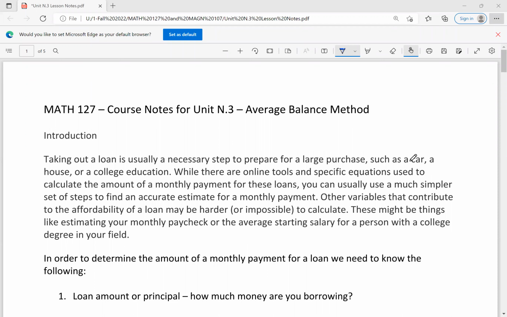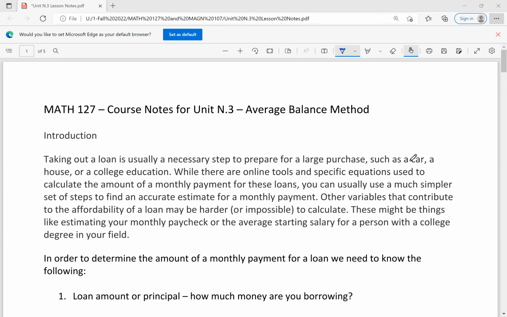This video will be in place of the Unit N.3 collaboration session. So you will not be doing the collaboration session for Unit N.3, but you should have done the preparation activity and you also need to do the exercise. Please do that after you watch this video and try the 2 problems at the end of this paper